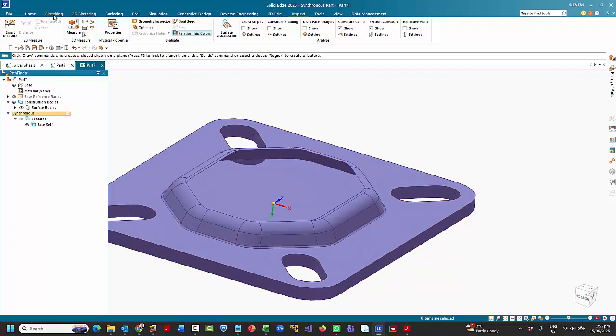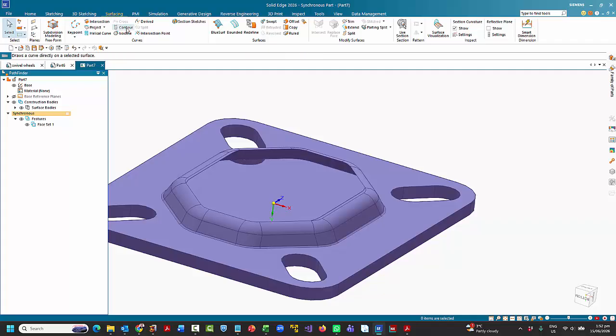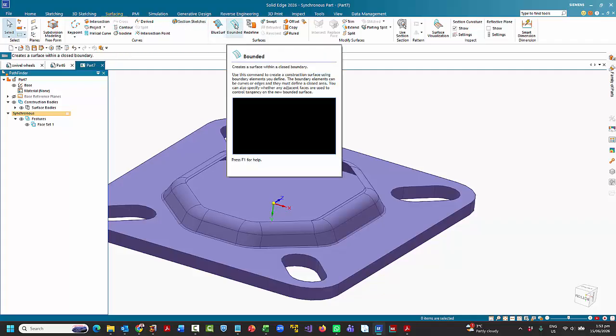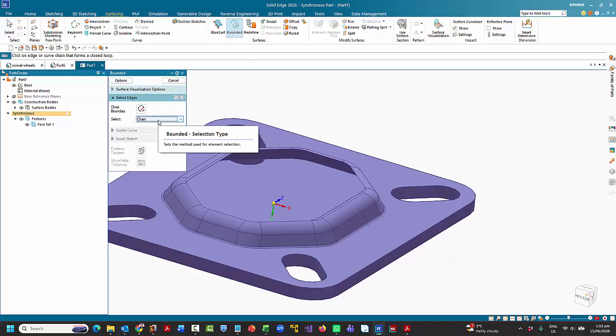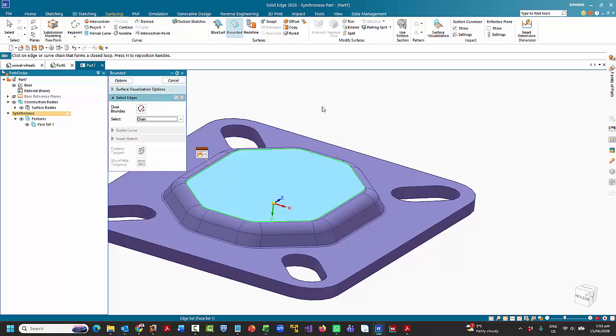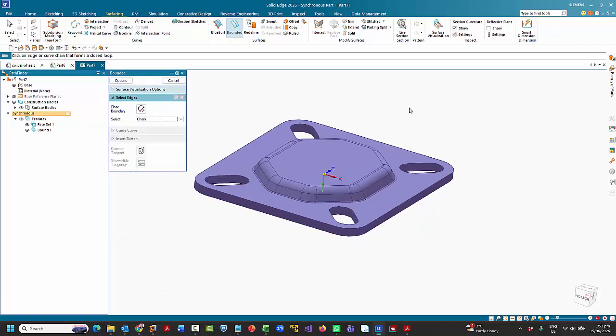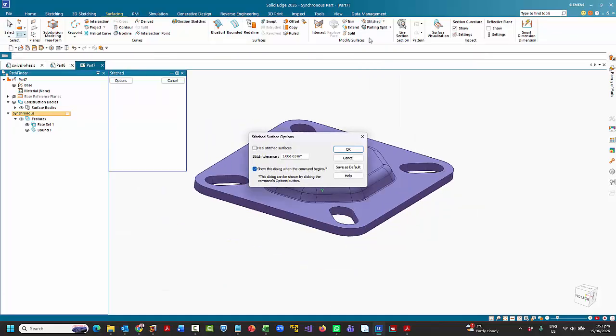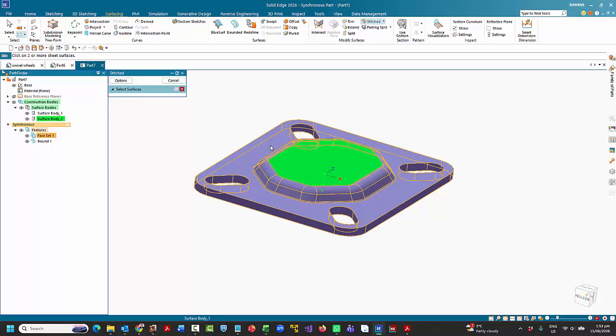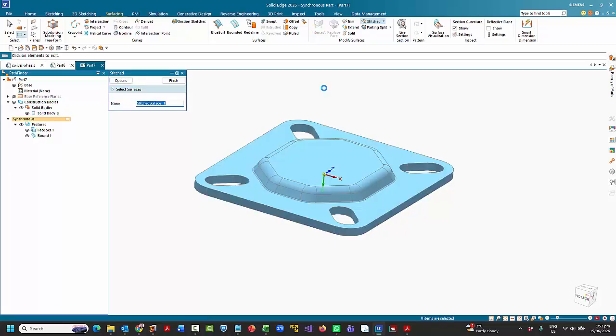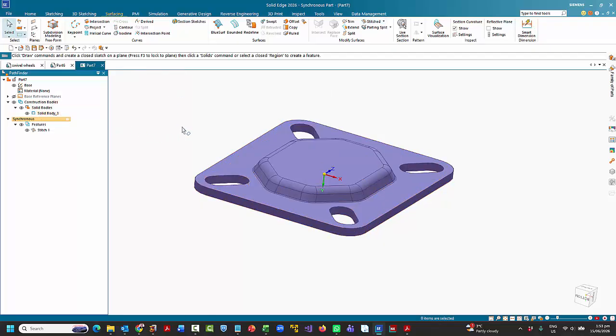so we can do some cleanup on here. So if we go to the surfacing tab and then we go to a bounded surface, and if I choose chain, I can pick up off, say, this edge here, and anytime you see the tick command, it's a right mouse click and right mouse click to finish. So that gives me a closed body, and if I then pick the 2 and accept it and go finish, that has then created a solid body,